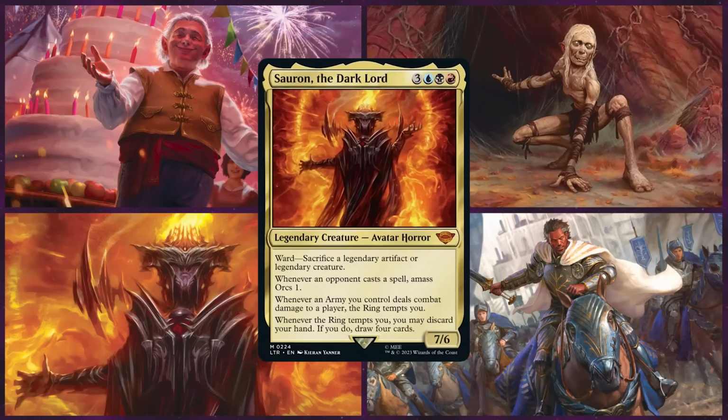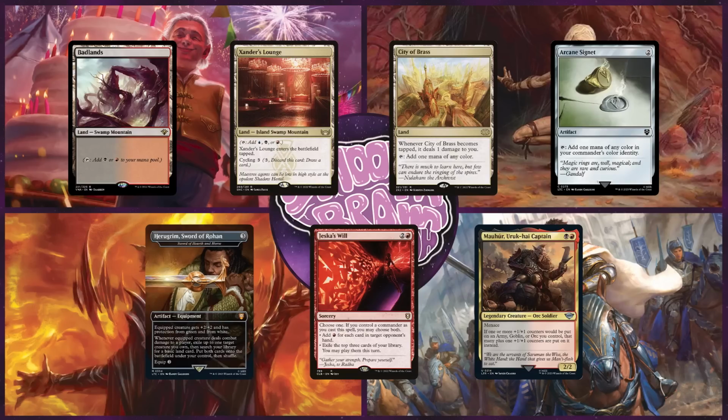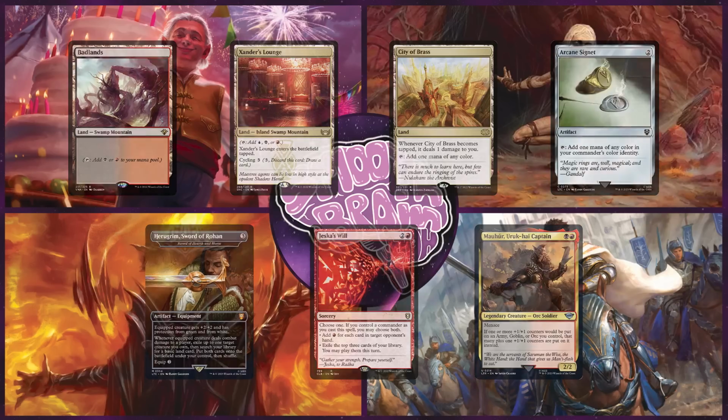Matt wants to land Sauron as early as possible to start amassing a massive orc army, suit up that army with equipment, and ride it to victory. He keeps a hand with Badlands, Xander's Lounge, City of Brass, Arcane Signet, Hegrim, Sword of Rohan, Cheska's Will, and Mahur, Uruk-hai Captain. We're about to hop right into the game, but before that, please go ahead and give us